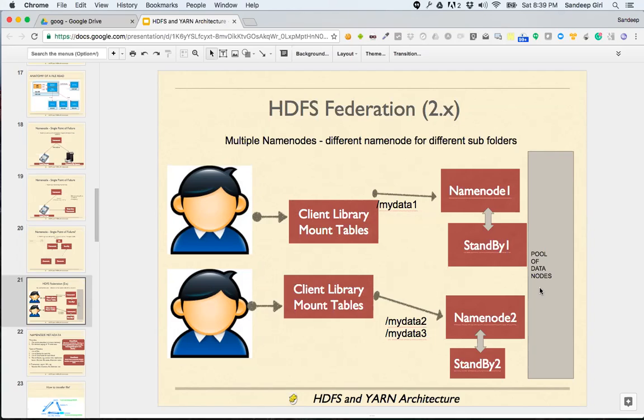A question from Saptrishi: Why would there be multiple mount tables? Shouldn't there be one mount table having configuration entries of all the directories to the name node mapping? That's a good point, Saptrishi. Totally agreed that there should have been only one file containing the config, but this file has to be made available to all the nodes.